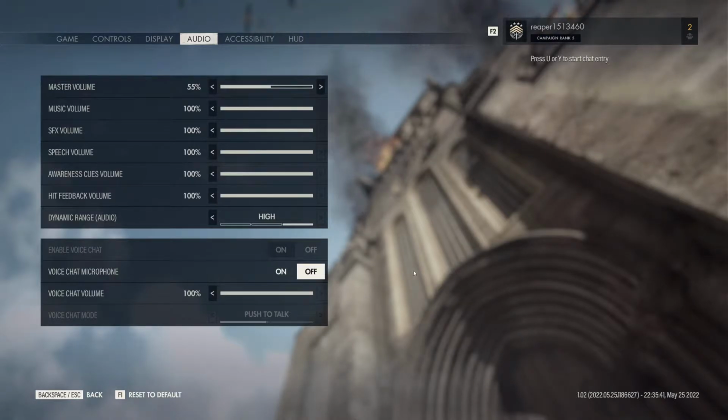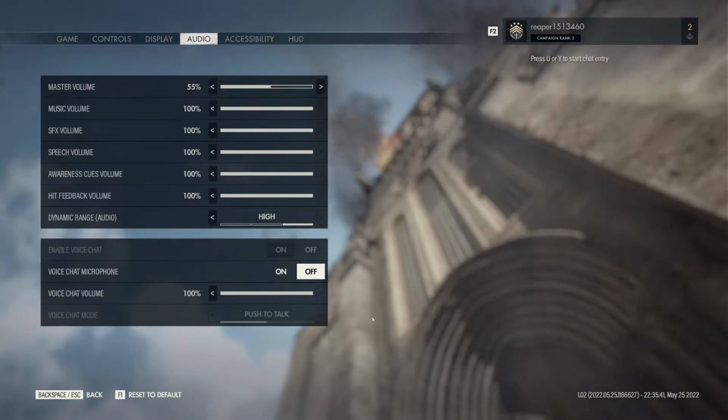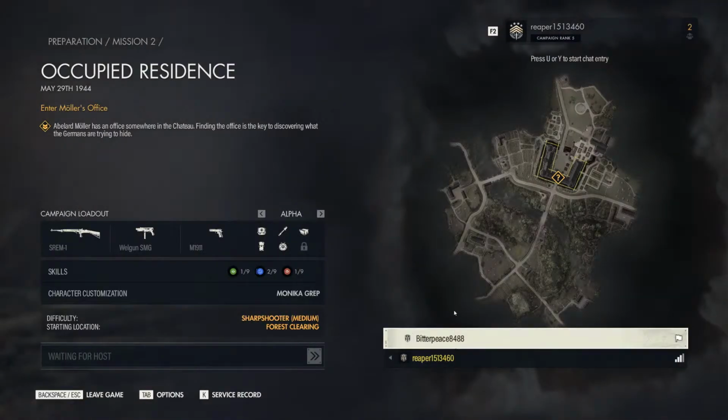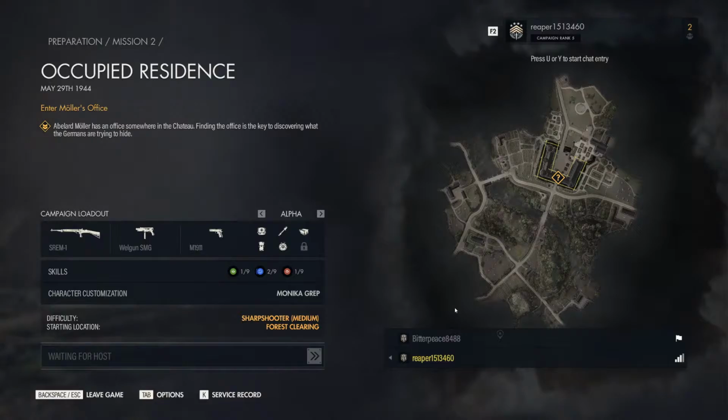You might want to turn your voice chat microphone off in the audio options too. Is it talking in there? No, I haven't noticed it in the menu, but I wasn't sure if it would kick in during the game. That's a good call. I actually did already disable voice chat all the way. I also disabled allowing people to join my game, the invasion mode. I saw people on Reddit really complaining about crossplay.